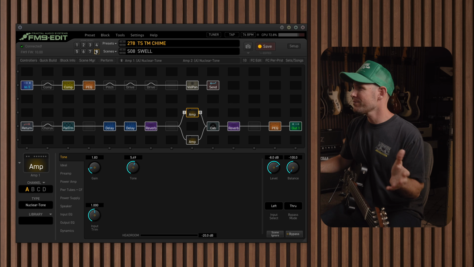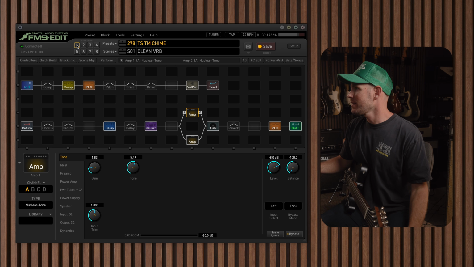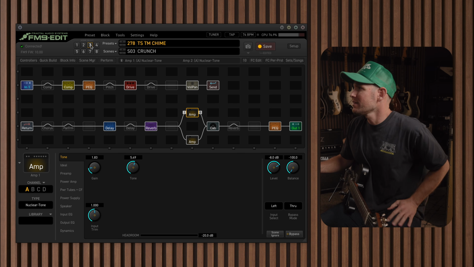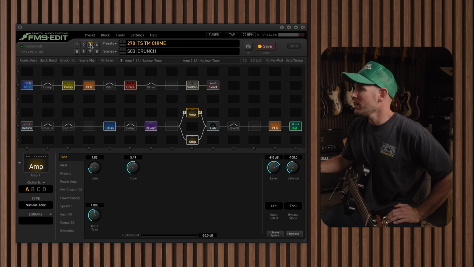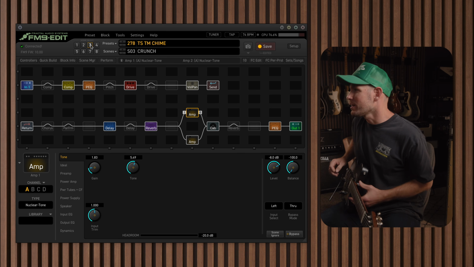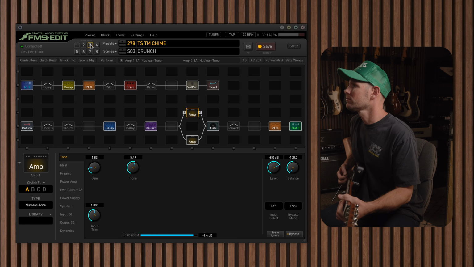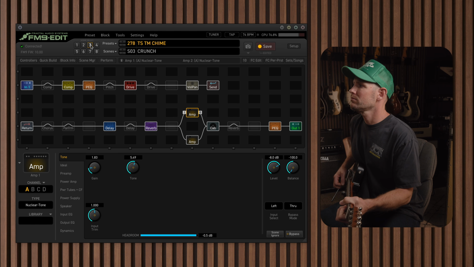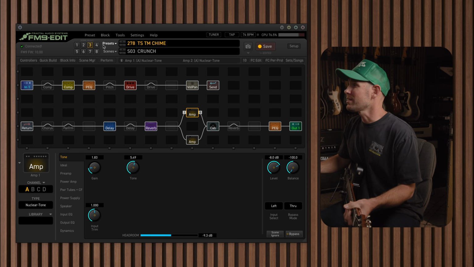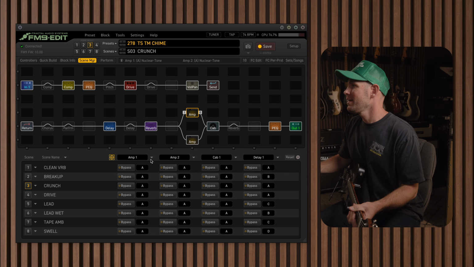So now let me show you the different amp variations. We'll just use the clean verb setting for this. Actually, you know what? Maybe let's use the crunch, because with a little bit of drive on it, it might actually accentuate it a little bit more. We'll see. So again, go to Scene Manager, and then I'm going to change all of these to B,